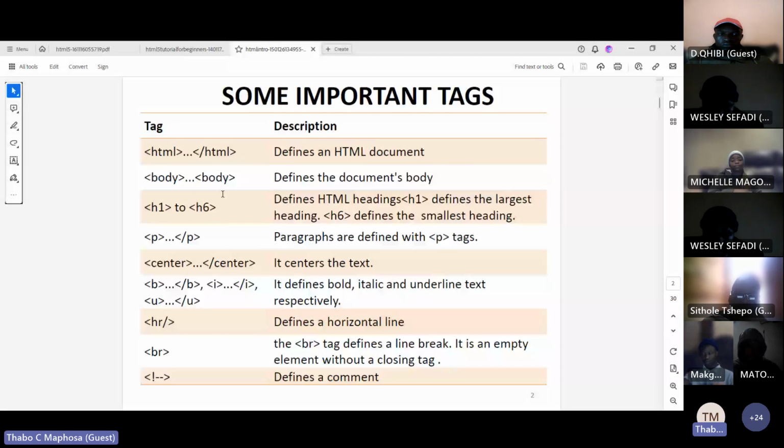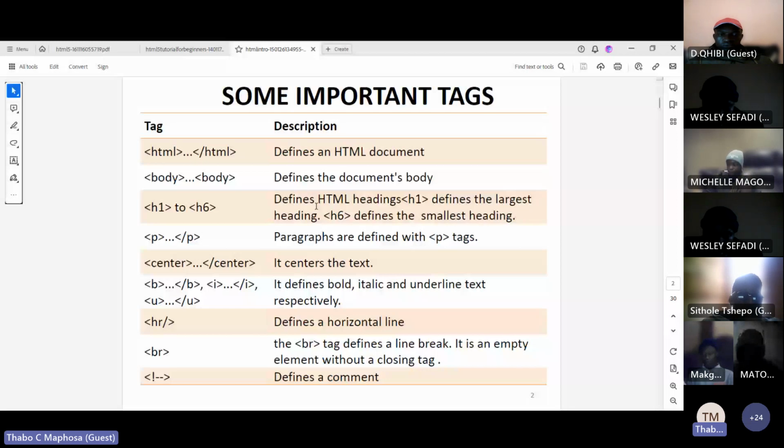So H1, H2, H3, H4, H5, H6, depending on which one is the biggest. H1 is the biggest heading that you have. For instance, something like this here is similar to H1, and something this small here is probably similar to H3 or H4. So the headings are also different. Here you do not say size 20 and things like that. No, you deal with them in terms of the headings.